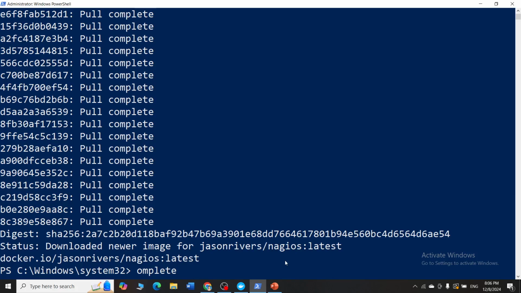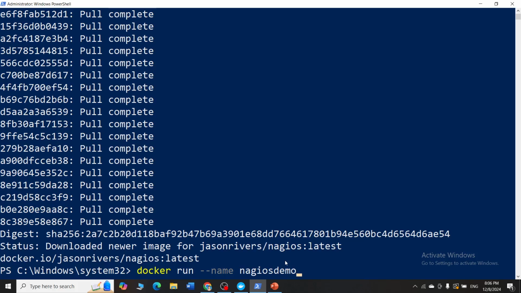The docker run command is basically used to start the software container so that it can run on your system. For that, we have to type the command docker run --name, and you can give any name of your choice.